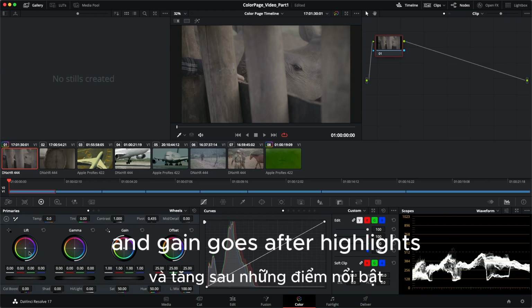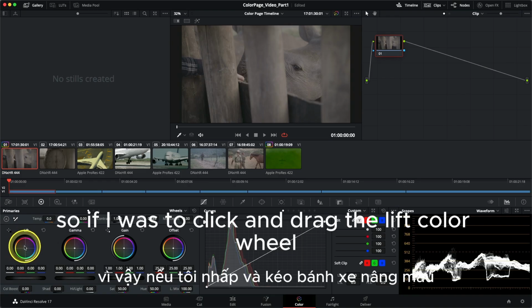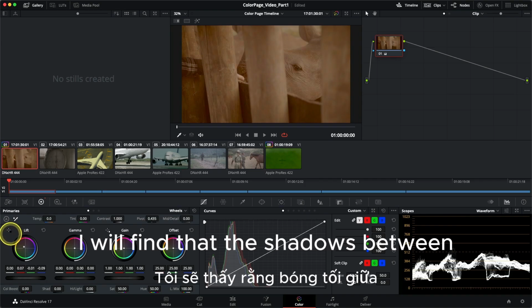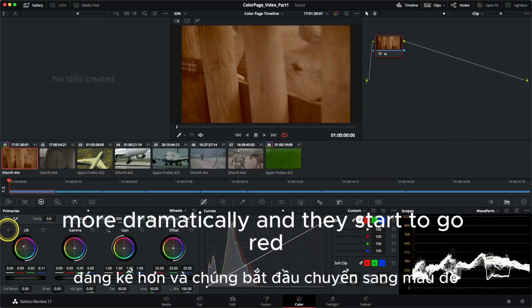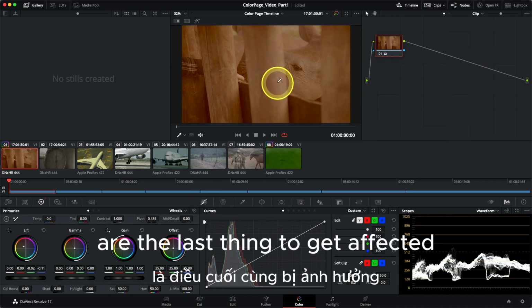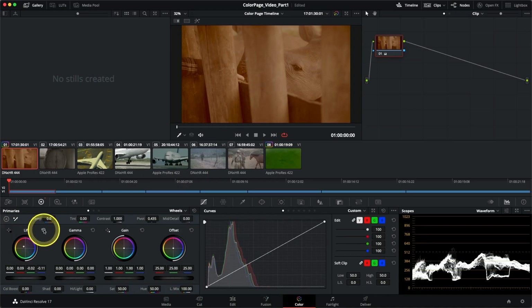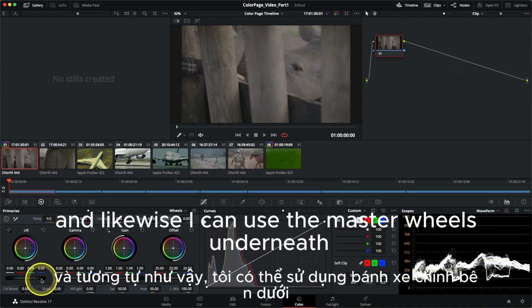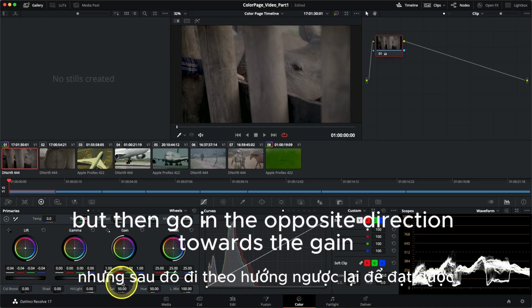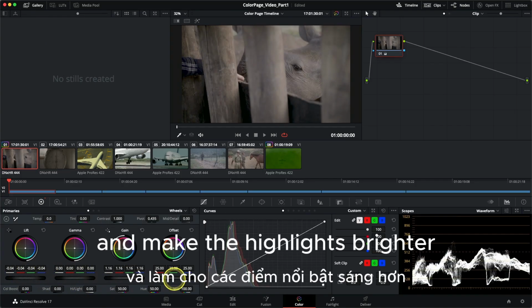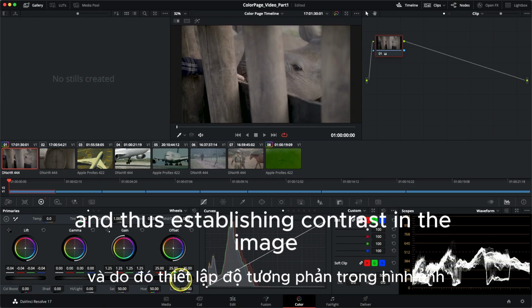gain goes after highlights. So if I was to click and drag the lift color wheel, I will find that the shadows between the fence posts get affected more dramatically, and they start to go red, whereas the highlights are the last thing to get affected. And likewise, I can use the master wheels underneath those color wheels to then make the shadows even darker, but then go in the opposite direction towards the gain and make the highlights brighter, and thus establishing contrast in the